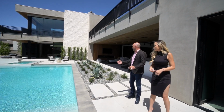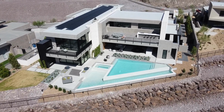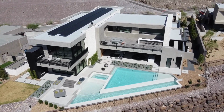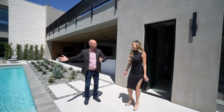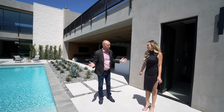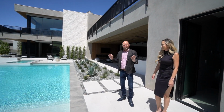Yeah, and you've actually got accessibility to this really amazing deck upstairs through some stairs right here as well. And I've never seen a lap pool like this one before, and I think it's an incredible design, a really unique space. But you said to me, if that's not big enough for someone, and they want something else, then